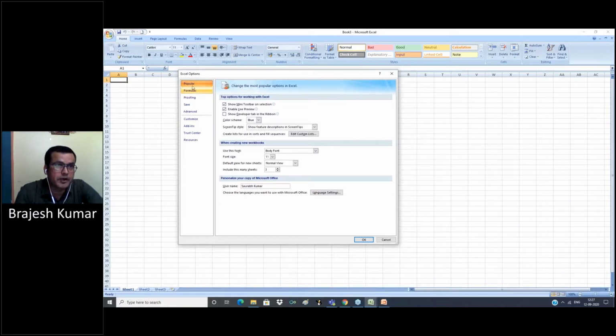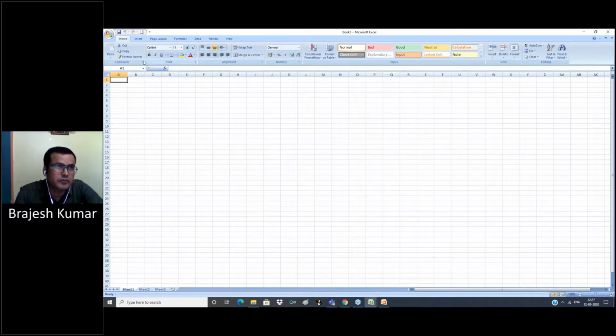There are many options under Popular, so many toolbars. Whenever we click on any option, you can see a preview. Live Preview, Mini toolbar option. Suppose we select here. Now you can see the option here.